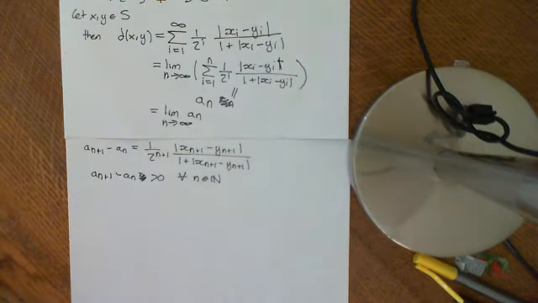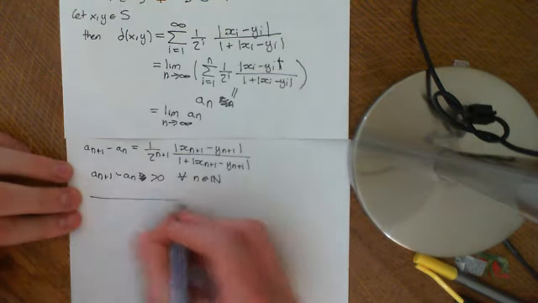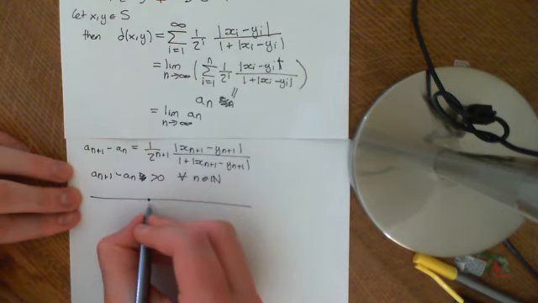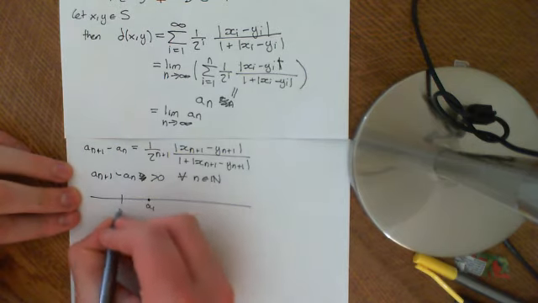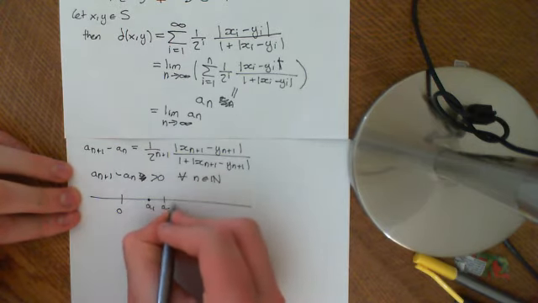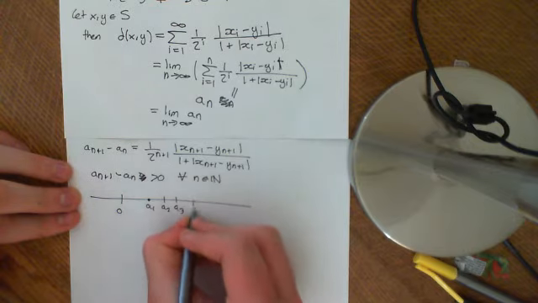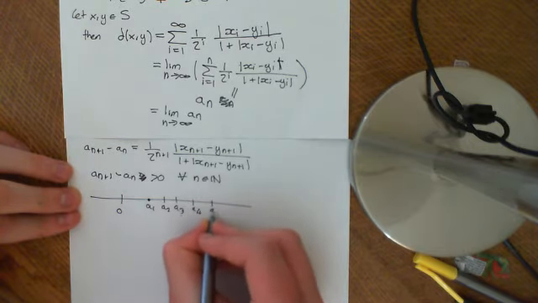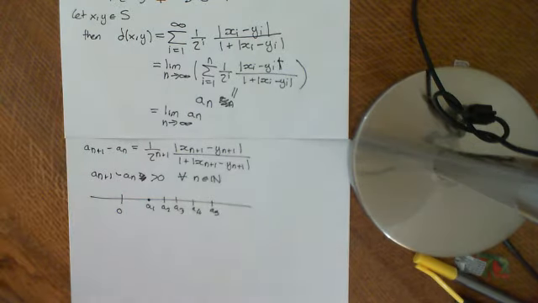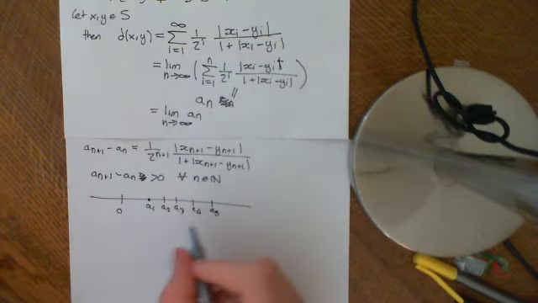So it's a monotonically increasing sequence, this a_n. If we draw it, it looks something like this. Let's say this is a1, so we've got 0 down here. Then we've got a2, a3, a4, and it goes on, a5. There is a pretty simple theorem in real analysis which says that if this sequence is bounded,